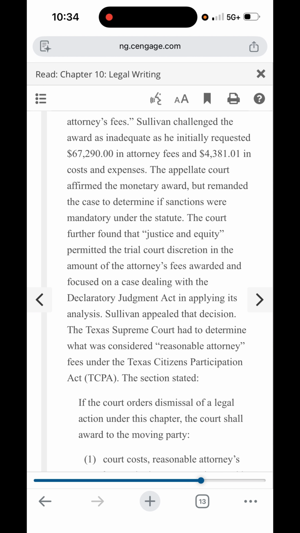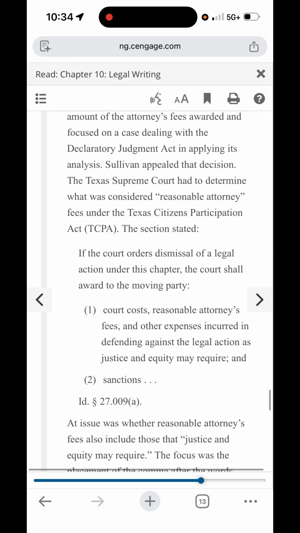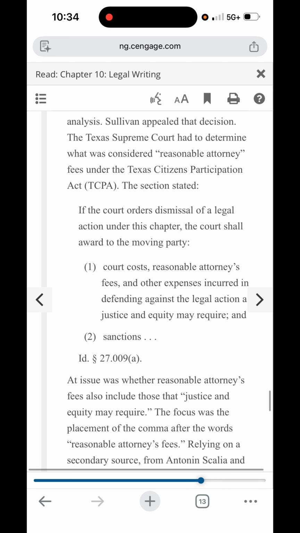The appellate court affirmed the monetary award, but remanded the case to determine if sanctions were mandatory under the statute. The court further found that justice and equity permitted the trial court discretion in the amount of the attorney's fees awarded, and focused on a case dealing with the Declaratory Judgment Act and applying its analysis. Sullivan appealed that decision. The Texas Supreme Court had to determine what was considered reasonable attorney's fees under the Texas